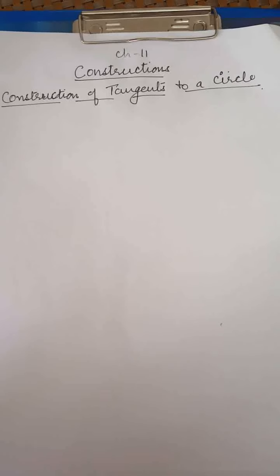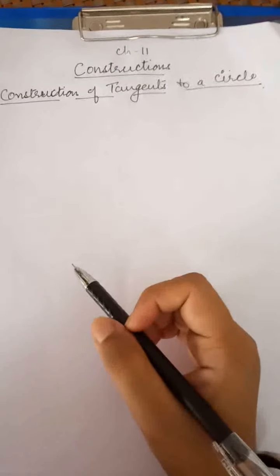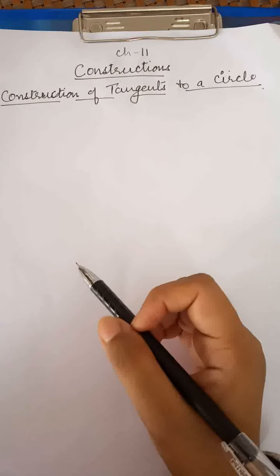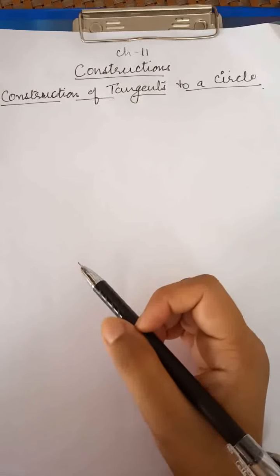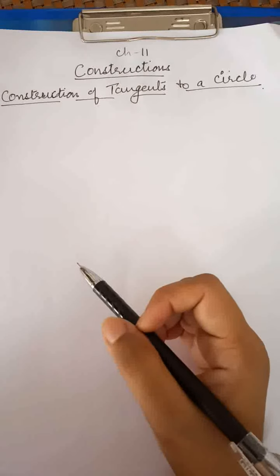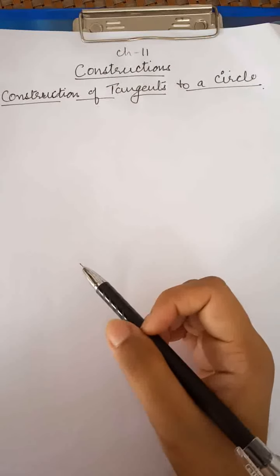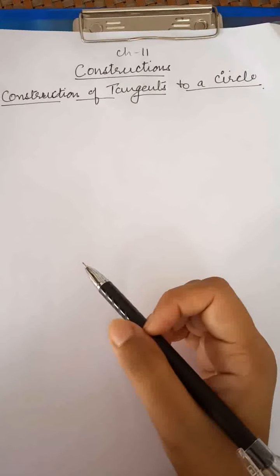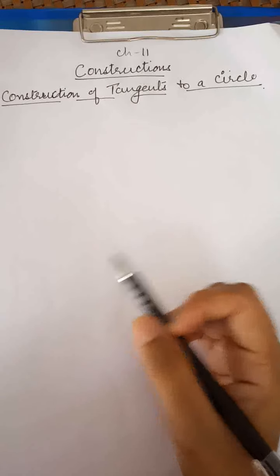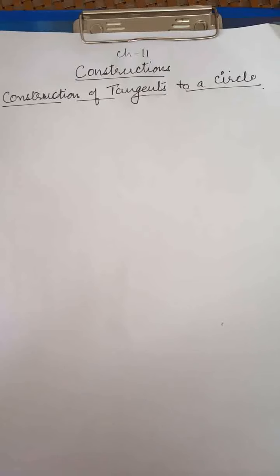Today, we are going to start the next chapter, chapter number 11, construction. As all of you did in class 9th, certain constructions using a straight edge and a compass. Some examples are bisecting an angle, drawing the perpendicular bisector of a line segment, and some constructions of triangles, and also gave their justification. Now, in this chapter, we shall study some more constructions by using the knowledge of earlier constructions.